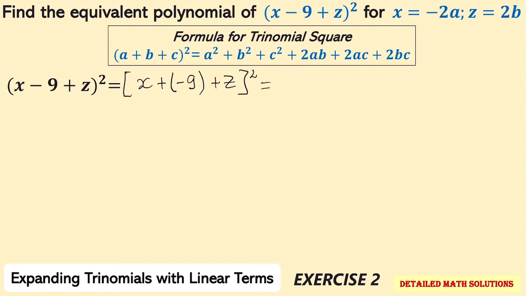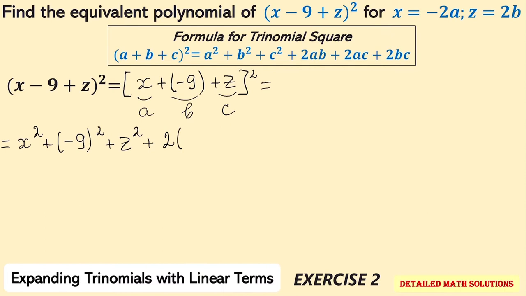This way, x corresponds to the a in the formula, negative 9 corresponds to the b in the formula, and z corresponds to the c in the formula. And when I apply the formula, this equals x squared plus (-9) squared plus z squared plus 2 times x multiplied by -9 plus 2 times x multiplied by z plus 2 times -9 multiplied by